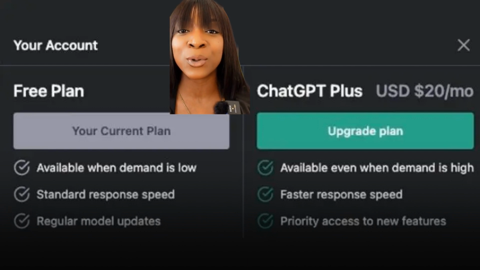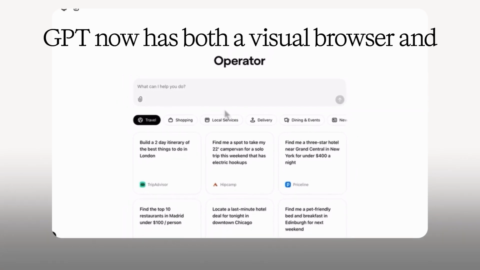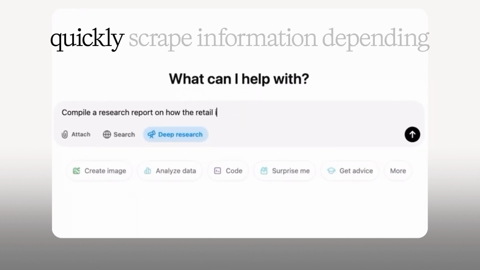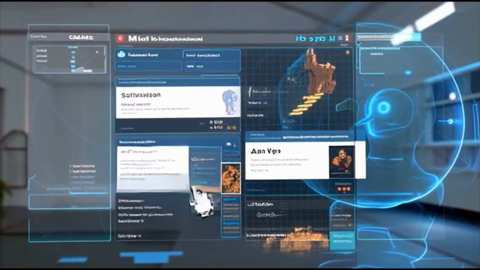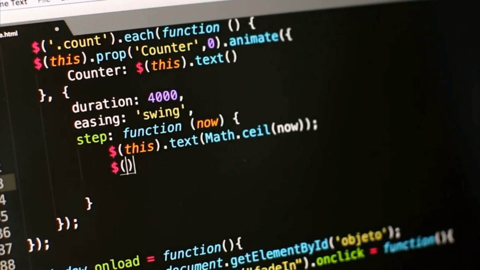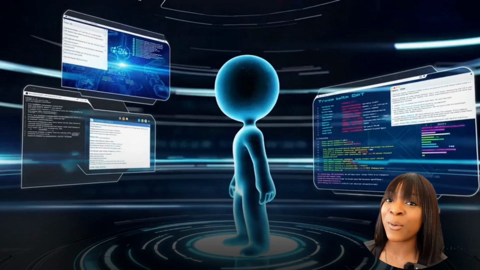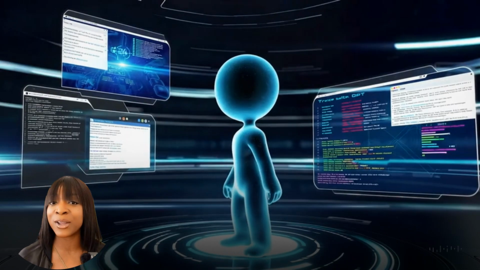At the heart of Agent Mode is a versatile toolkit. ChatGPT now has both a visual browser and a lightweight text browser, enabling it to navigate web pages like a person or quickly scrape information depending on the task. It operates inside its own virtual computer, complete with a terminal for running code or manipulating files. Connector integrations let it access services like Gmail, Google Drive, and GitHub after you approve them. With these tools combined, the agent can open websites, click buttons, run scripts, analyze data, and write documents within a